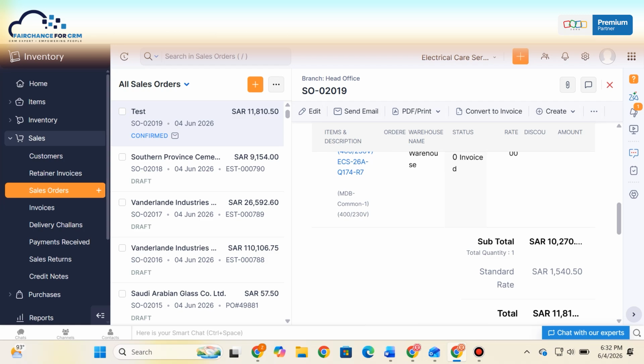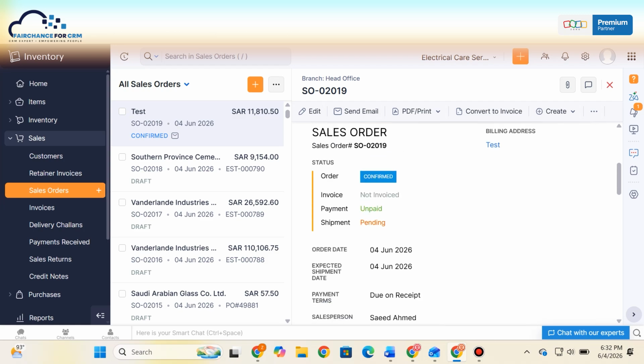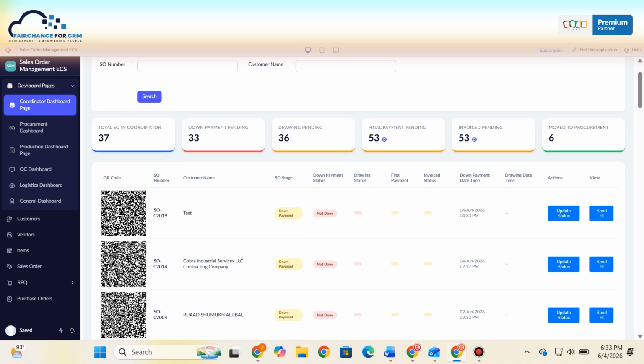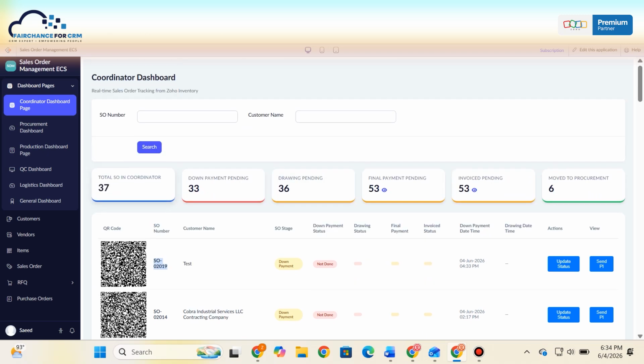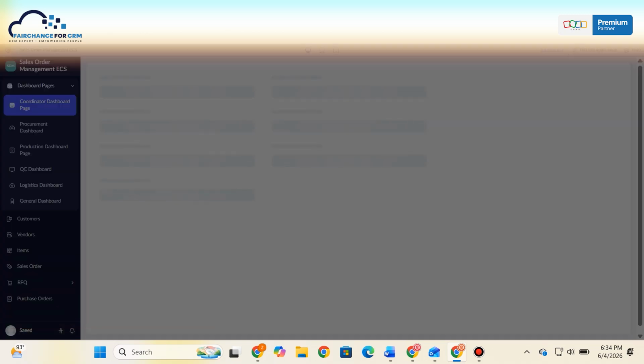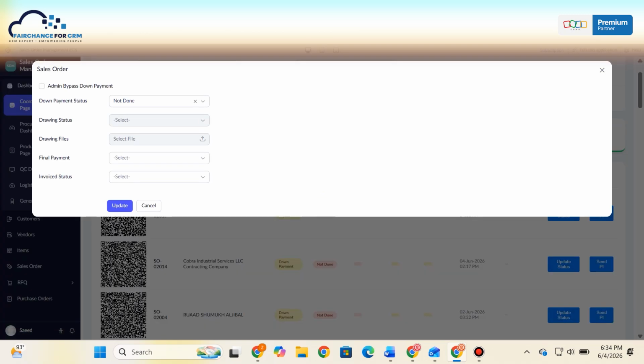By approving the drawing status, you also have to put the drawings. Let me put something. Then the final payment done. If you don't want to take the money from the customer now, the admin can also bypass this process. So once he has updated